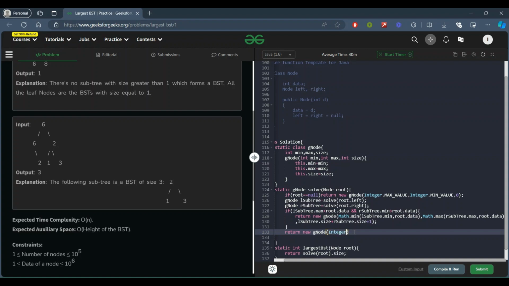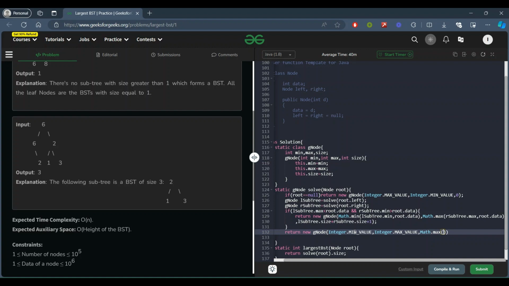So here we will pass integer dot min value and integer dot max value, and here we will pass math dot max of whatever the values present in the left subtree size and the right subtree size.